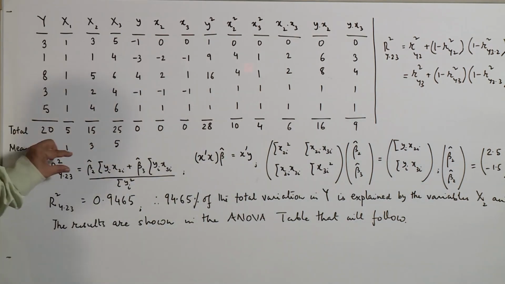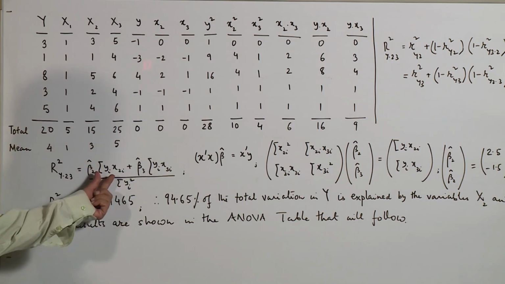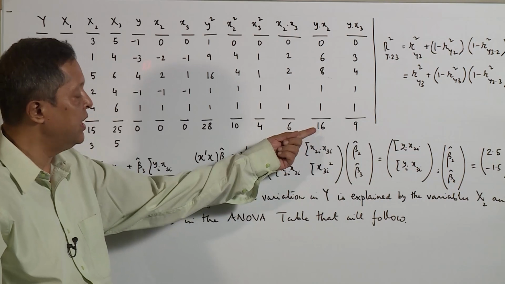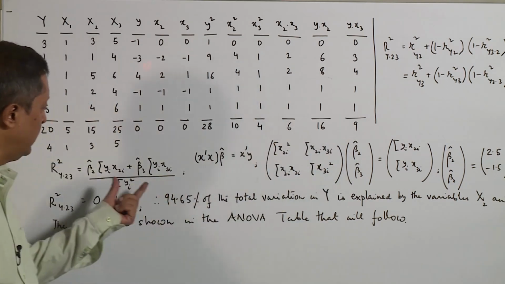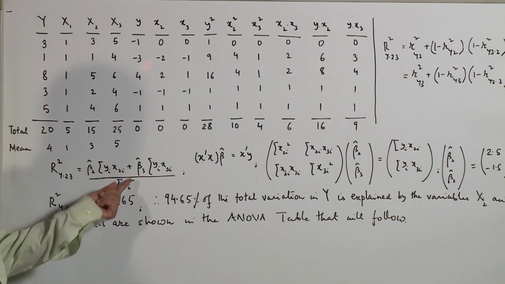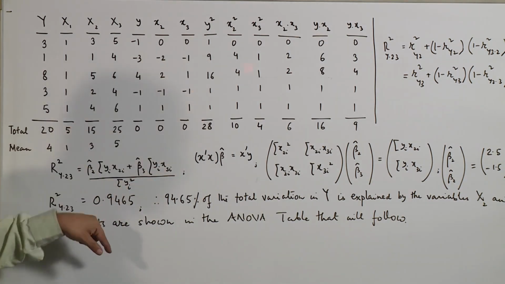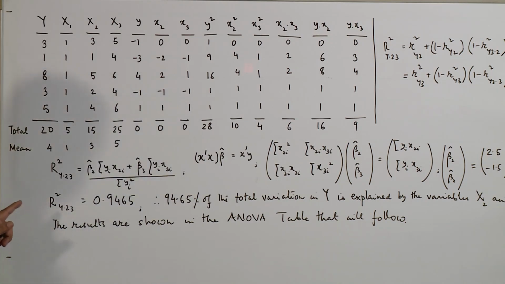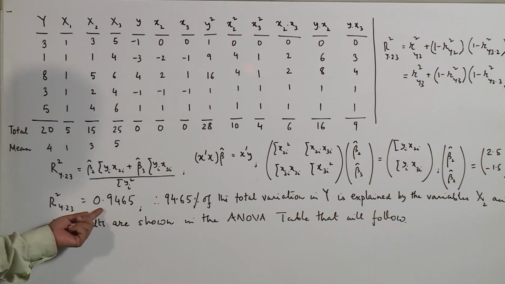Why do we do this? We do it so that we can insert beta 2 hat here, beta 3 hat here, and summation y x2, which is already given here as 16, and summation y x3, which is already given here as 9. So, we find the numerator, and the denominator is also present here, which is summation y i square, equal to 28. Substituting these values, the result that we obtain is R square y dot 23, that is the coefficient of determination or the square of the multiple correlation between y and both x2 and x3, on the other hand, is given as